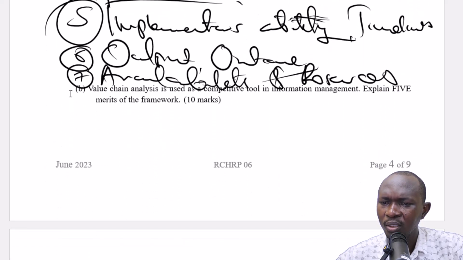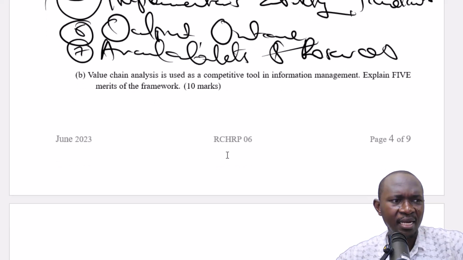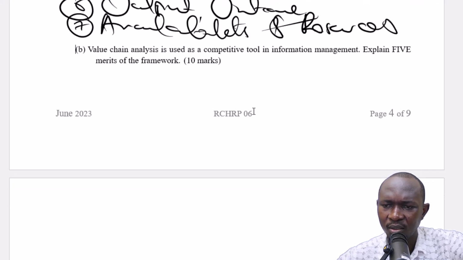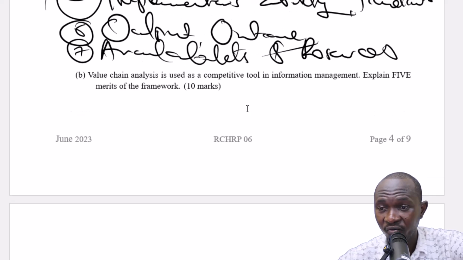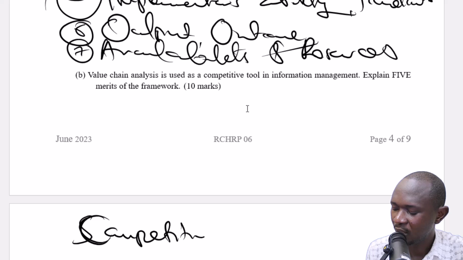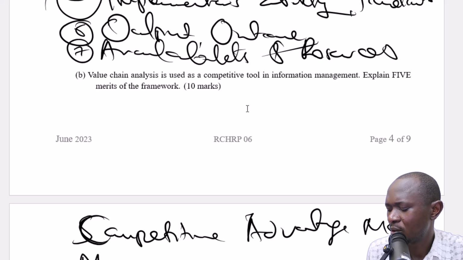Then question B. Value chain analysis is used as a competitive tool in information management. Explain 5 merits of the framework. Wow, a very good question and challenging, quite challenging. Value chain analysis. This is a strategic, it's a competitive advantage model by this scholar called Michael Porter,